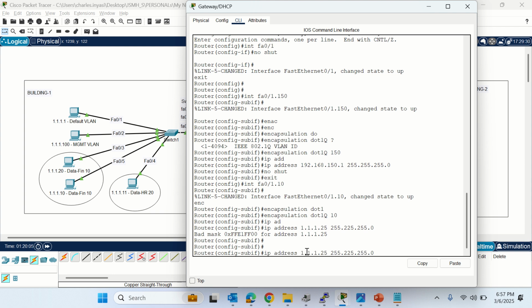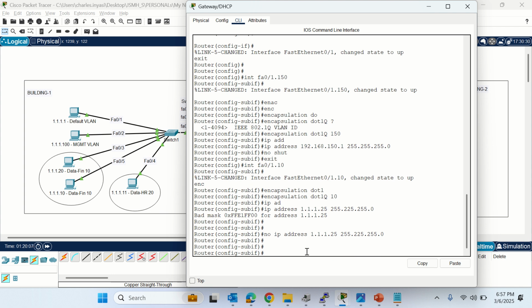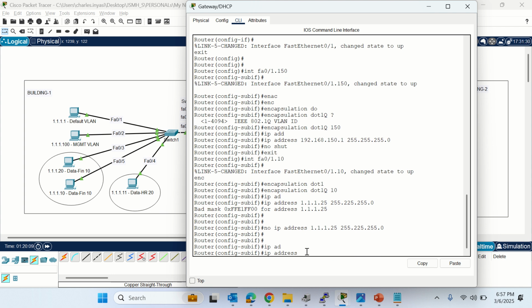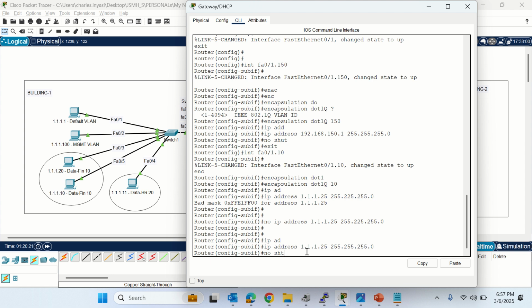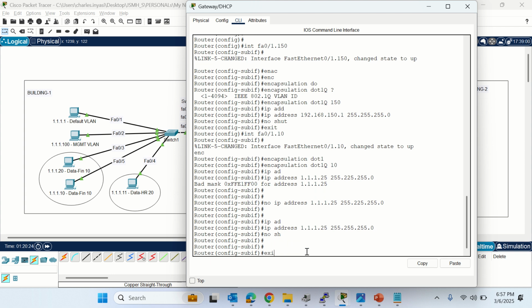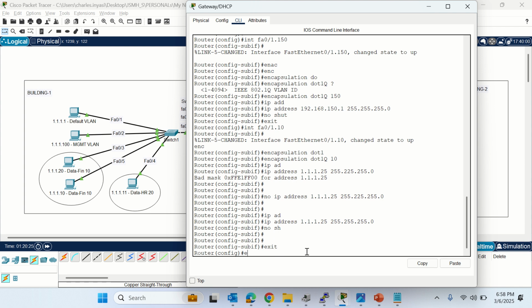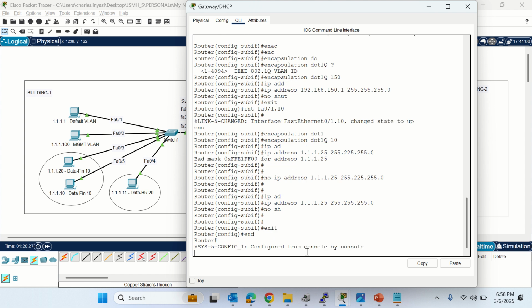Let's give no, then IP address 1.1.1.25, 255.255.255.0, no shut, exit. So let's configure. Similarly, you can configure FAS 0/1.20 for HR and so on for the management, default, everything